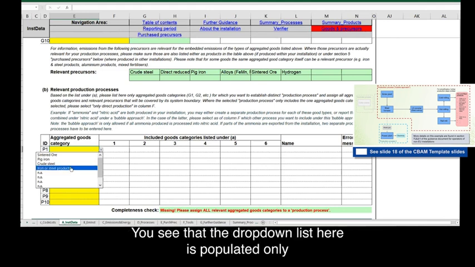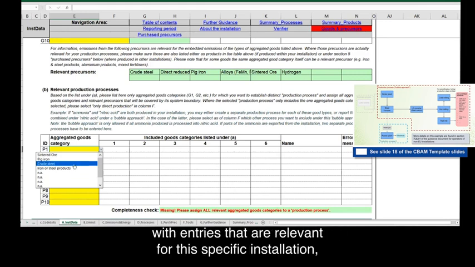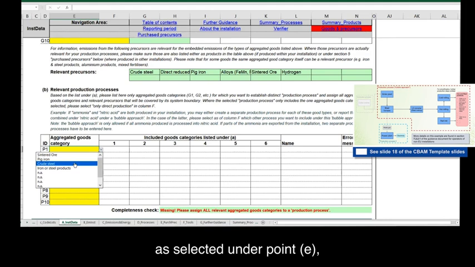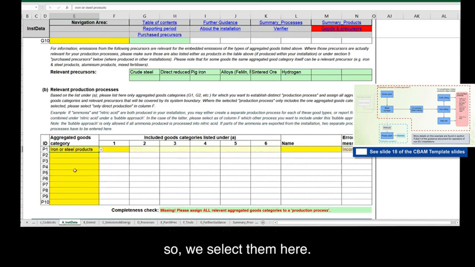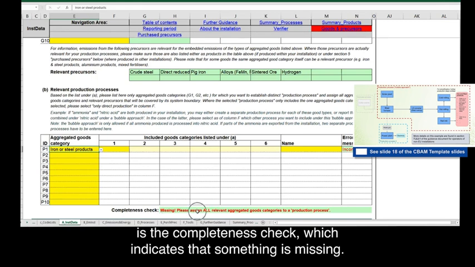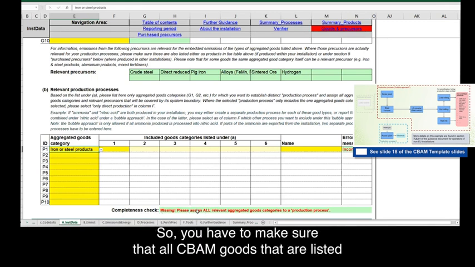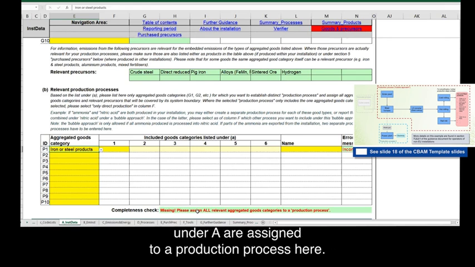You see that the drop-down list here is populated only with entries that are relevant for the specific installation as selected under point E. The only CBAM good that is put on the market are iron and steel products, so we select them here. The first thing you should now notice is the completeness check, which indicates that something is missing. So you have to make sure that all CBAM goods that are listed under A are assigned to a